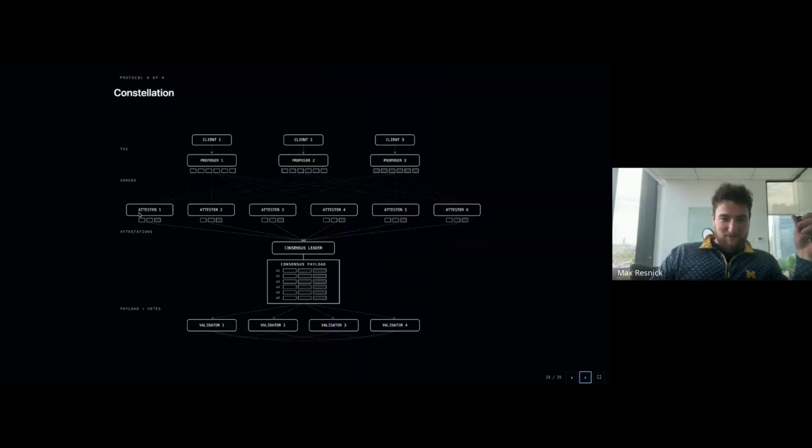But just while we're on this topic, the attestation committee here is the same as the current role of the turbine root. So it's not introducing a new network hop, because we already propose through a committee that looks like the attestation committee. We're just renaming that turbine root to attester and giving him an additional job to send the attestations to the consensus leader. So he's still doing his job as the turbine root, and we're not necessarily adding an additional hop there. The real hop that we're adding is proposer to consensus leader.